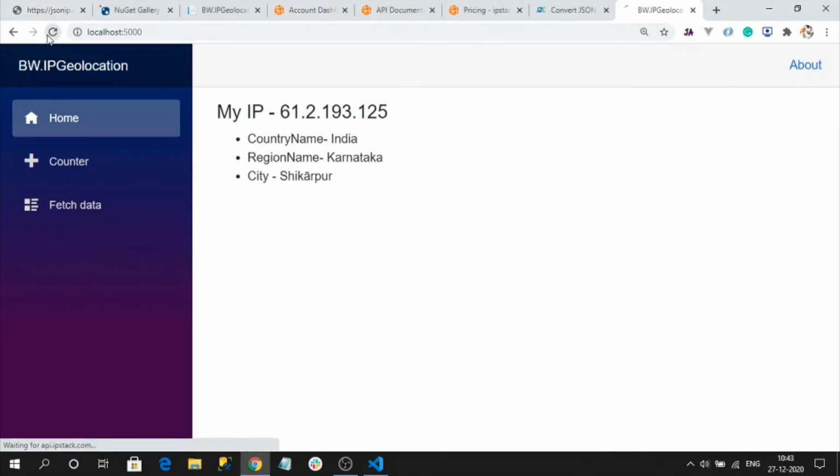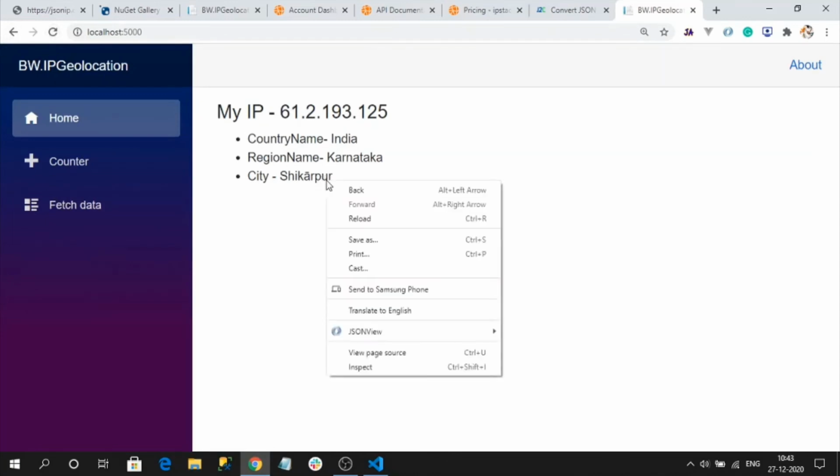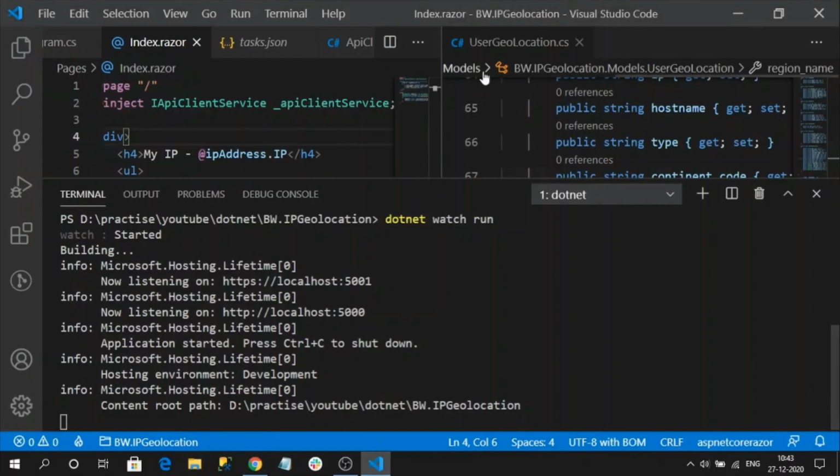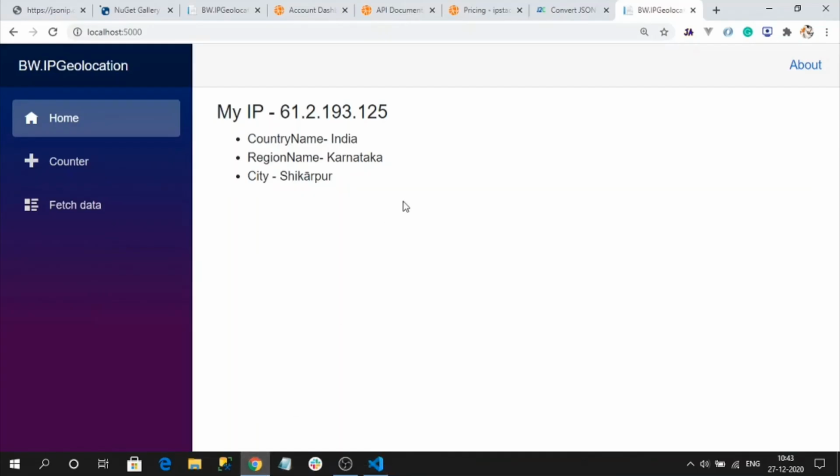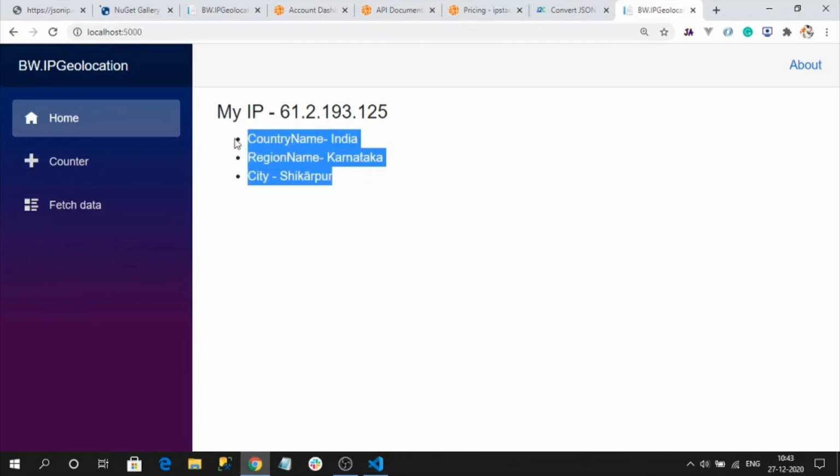Maybe that may work. Anyway, this time it is not giving my exact location, but when I tried previously, it gave the exact location as well when compared to others. Okay, that's it. That's how to get the geolocation. Maybe if you go for a purely paid subscription plan, it may give the exact location.